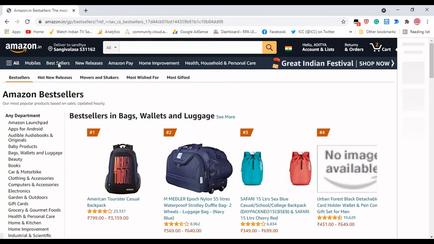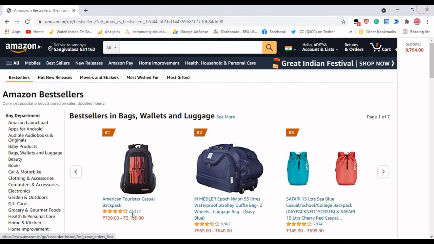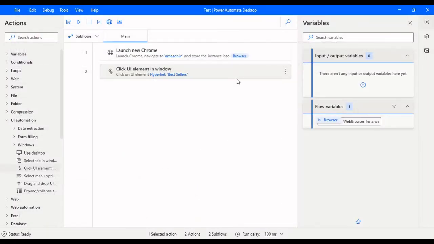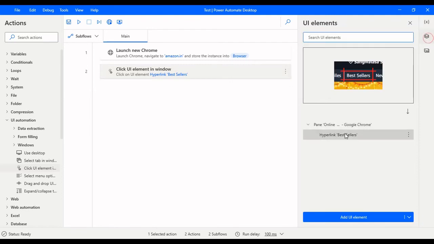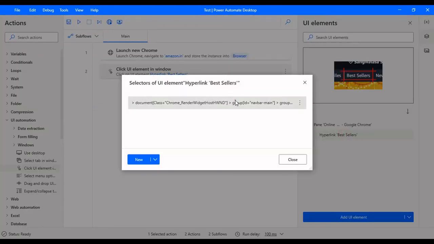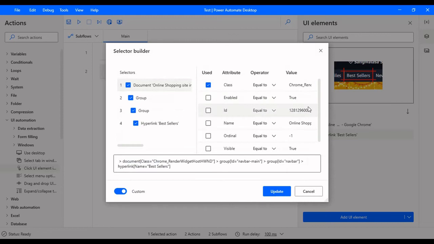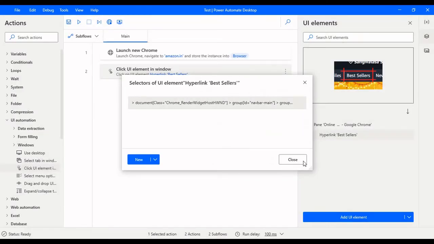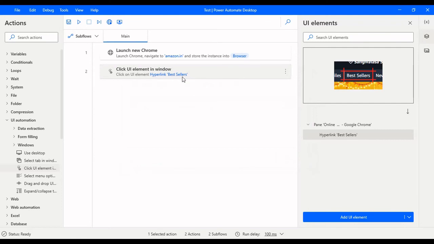Let's change that in the selectors. Let me close this one and go here and go to these selectors, double click there and double click again. Now let's go to hyperlink. Now, instead of bestsellers, we will pass mobiles. So you can see that it is changed here as well, the mobiles. And if you click on update, click on close, now it needs to click on